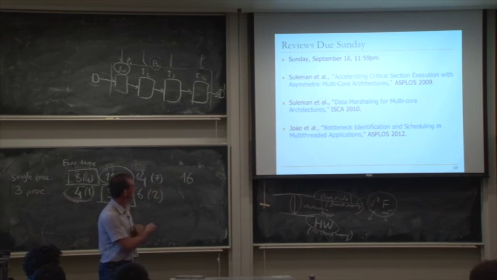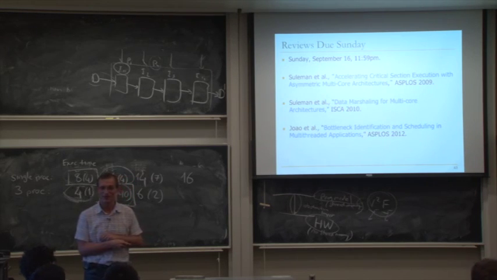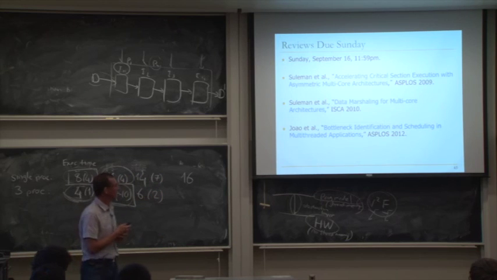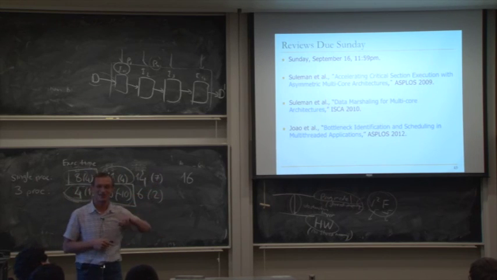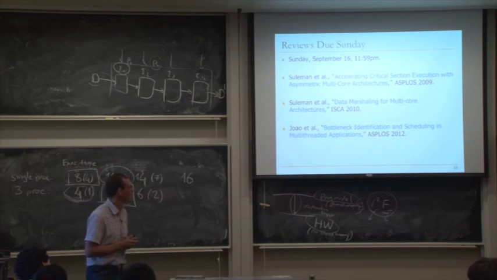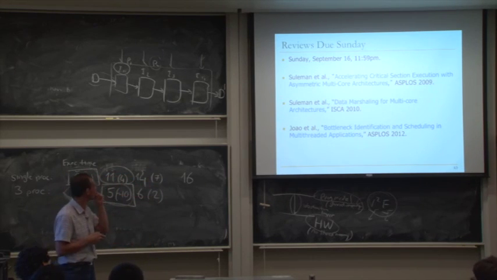OK, so this is due September 16th. And we'll give you the literature survey and research project handouts sometime during this week also. But this will help the lectures also, because I'm going to cover some of these papers, if not earlier than September 16th, later than September 16th. So you'll have good background. And you can actually cheat and look at last year's lectures to get an idea of what these papers are about. But I would still expect you to read the papers.